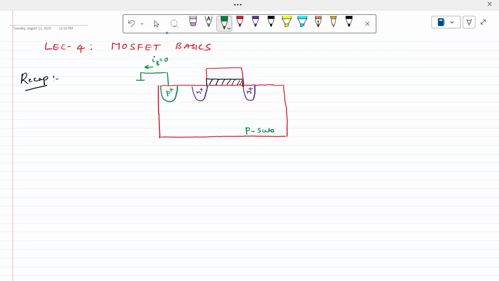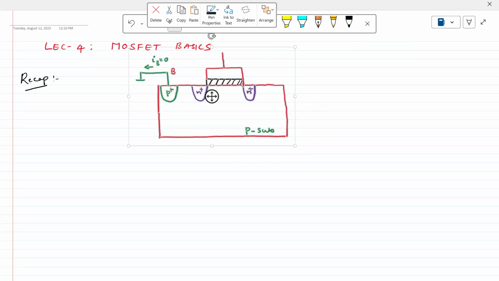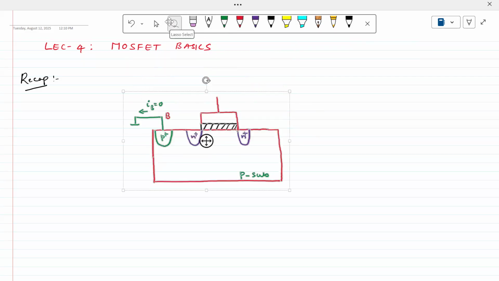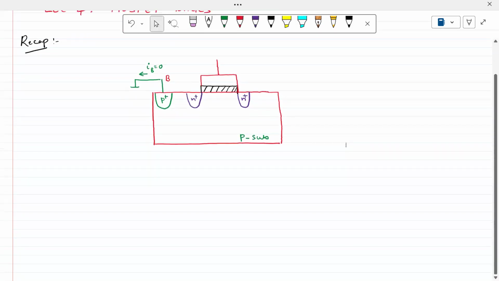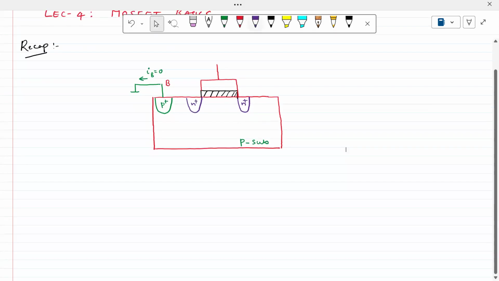And we have seen that we applied some kind of potential at this terminal. Definitely we call this the body, or bulk. Now we applied some potential at this place, right? Depending upon whatever potential we applied here,